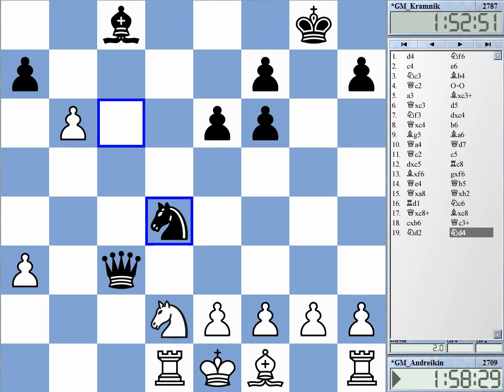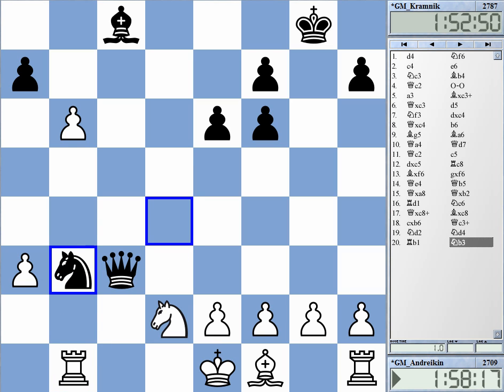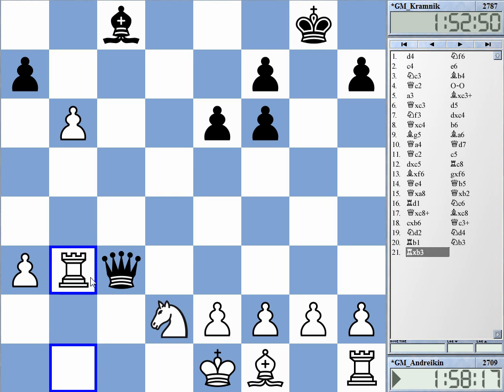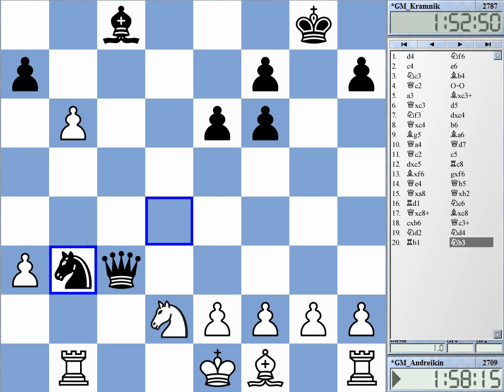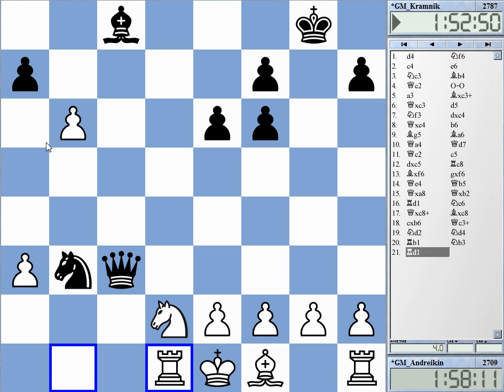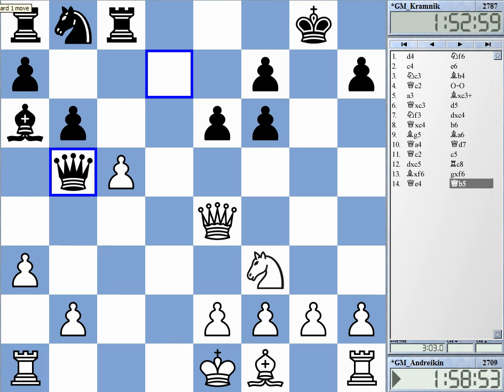This is the big problem. It's not just a thing of material. You just get attacked fiercely here, very quickly. You look at this. There's this very funny resource. Rook b3. Checkmate. Leads to a direct mate. And white needs to return now, and he's completely paralyzed here. Black has a big advantage. So white cannot take the rook. So great move, queen b5. But